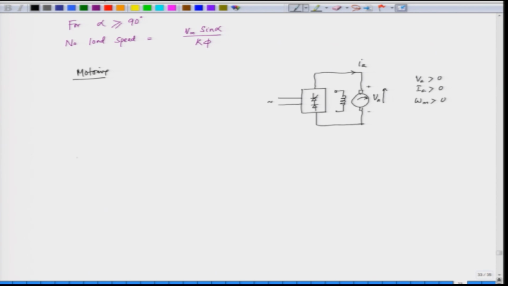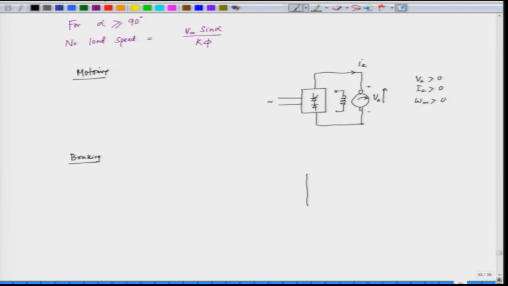Now, when we talk about the braking, in this case the braking is not directly possible. So, what we have to do here, for braking we have to reverse the back EMF. Now, when we reverse the back EMF, braking will take place, and in that case we have the same converter circuit, half control converter. We cannot achieve regenerative braking here. So, in this case the back EMF has reversed either by reversal of speed or by reversal of field.